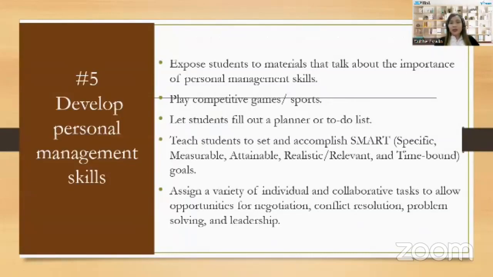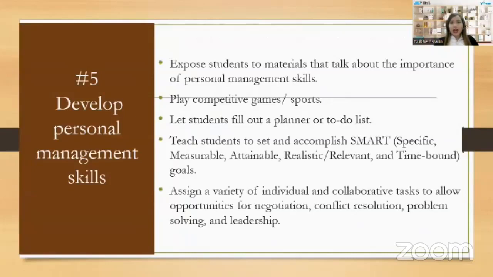We could expose them to materials that talk about the importance of personal management skills. Have them read about this or watch about this. Different personal management skills will make them understand why they would have to also develop these skills. Sports or games are always a good and fun way to teach personal management skills such as self discipline and goal setting, for example. Letting our students fill out a planner or a to do list is one way by